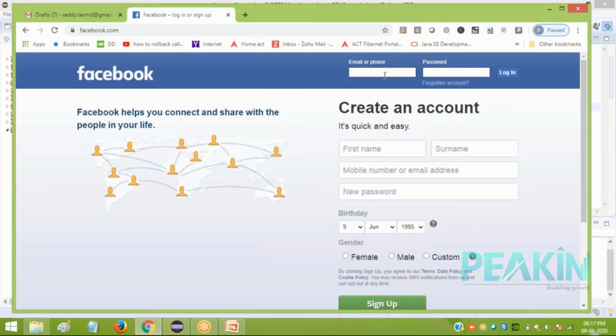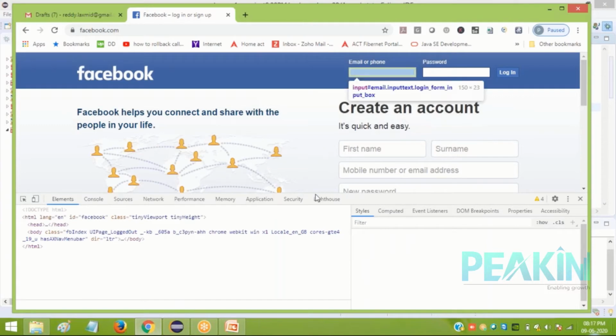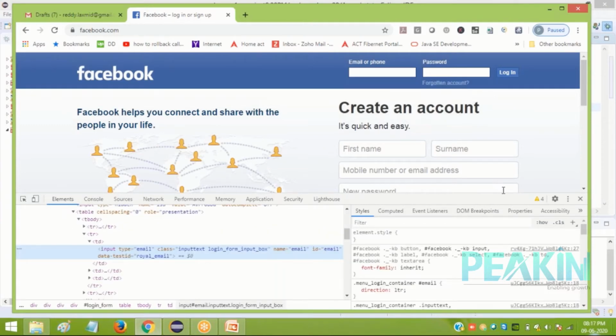So you, as a developer, as a tester, you need to find the HTML code written by the developer for this text box. Now how to do that? If your target is this element, right click there, go to inspect. As soon as you say inspect, down you can see this area got highlighted. These are the properties showing window where elements, console, sources, security are there. Under the elements tab, you get the element HTML code. So whichever element you have inspected, that element's properties are here selected in a light blue color.